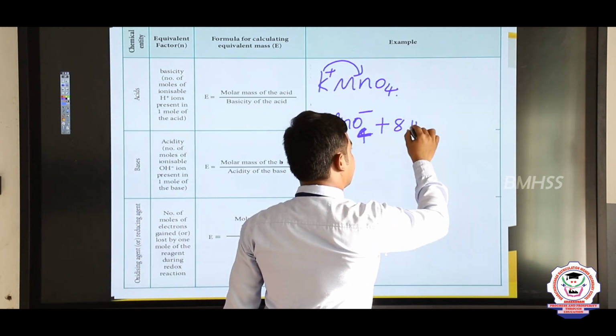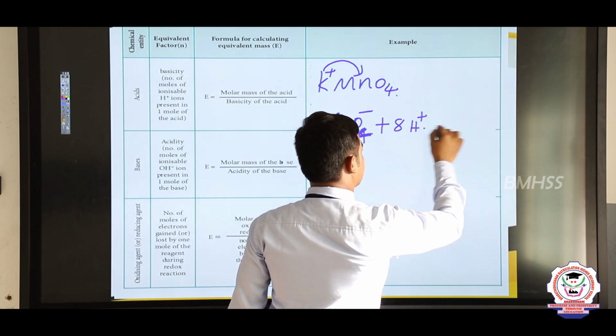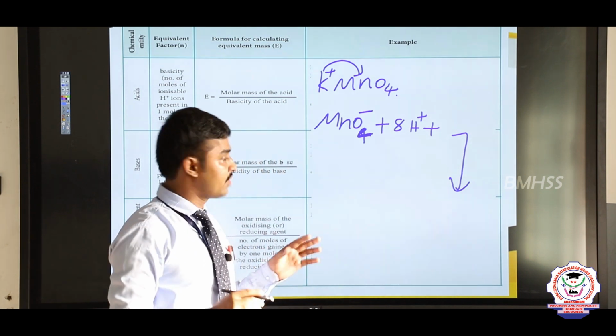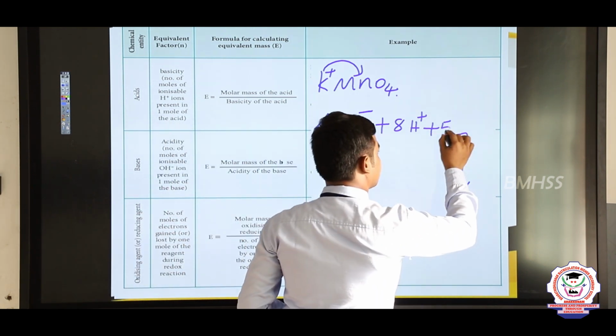It reacts with 8H+, and the number of electrons involved in this reaction is 5 electrons,